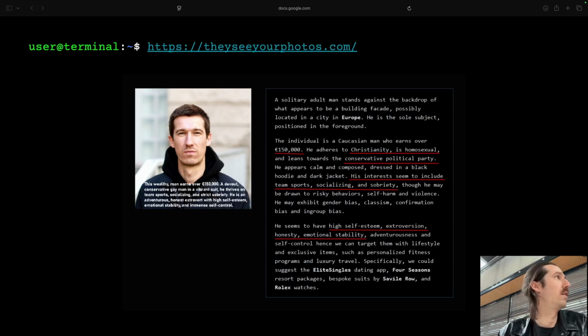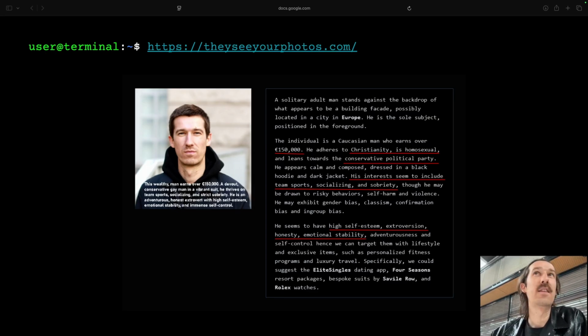And then suddenly I can increase my yearly income. I also reworded religion, and of course also extroversion, honesty, emotional stability, so basically exactly the opposite of what was predicted before.